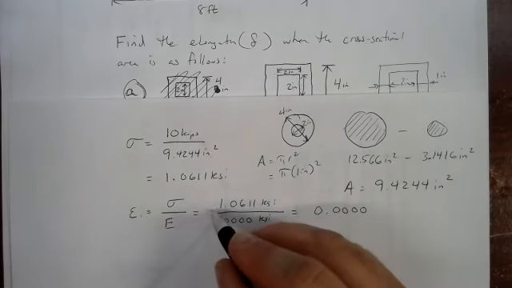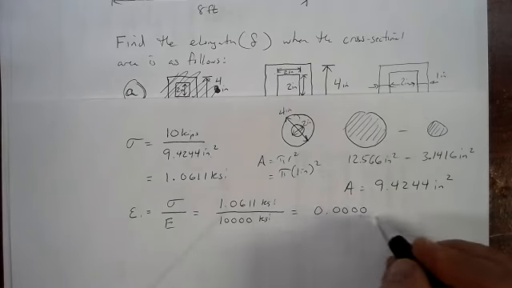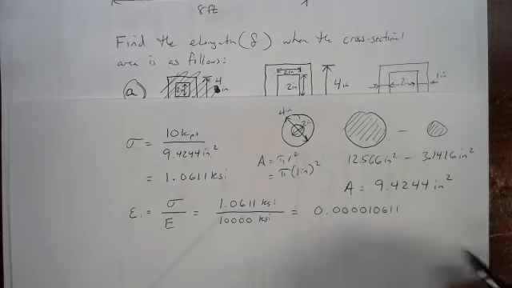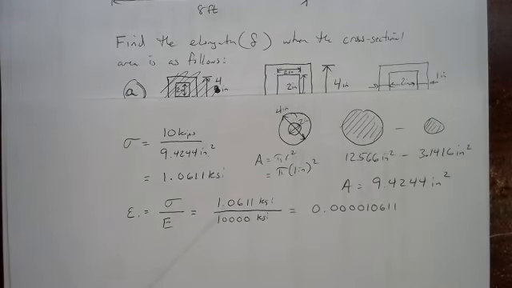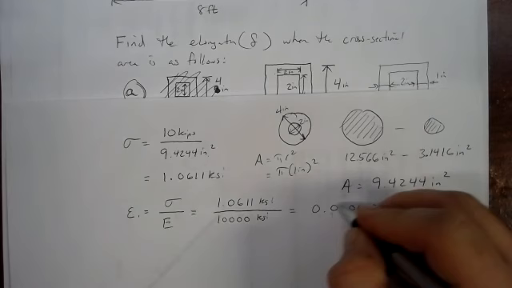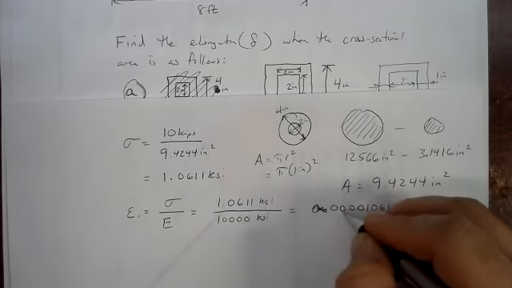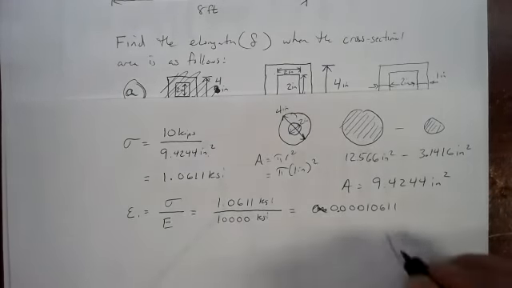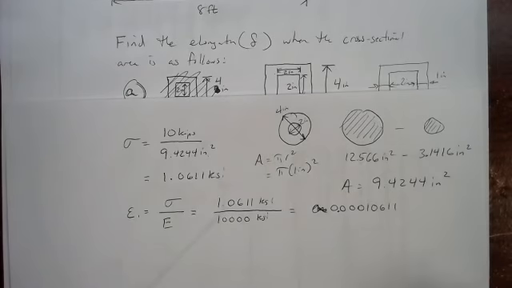So when we do that, we've got 0.00001, right? 1, 2, 3, 4. Yep. 1, 2, 3, 4. Get the right decimal in here. Is that right? Yeah, I'm off by one. There we go. So 0.00010611. No units,